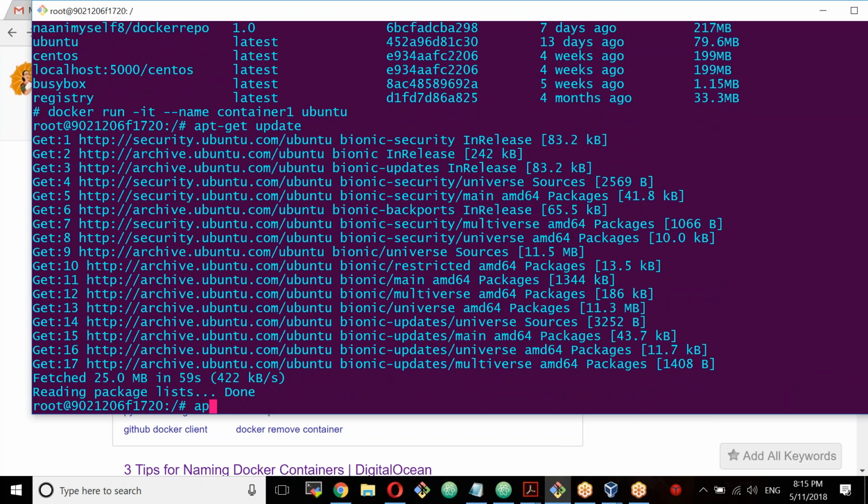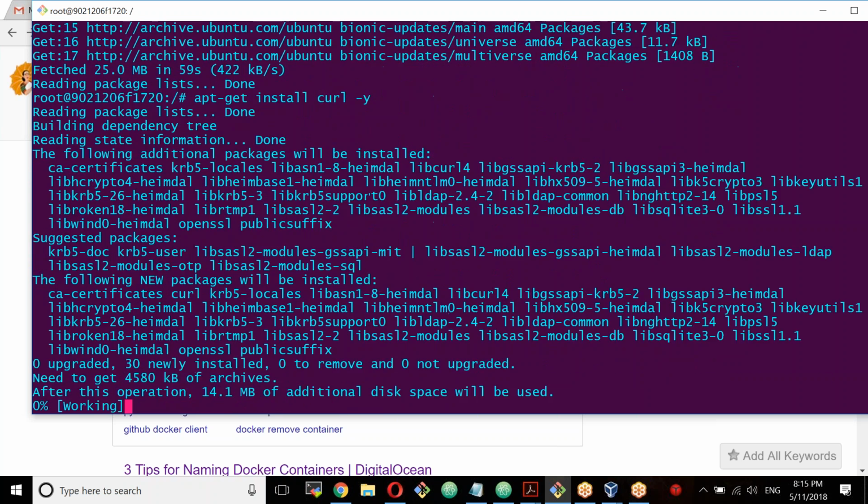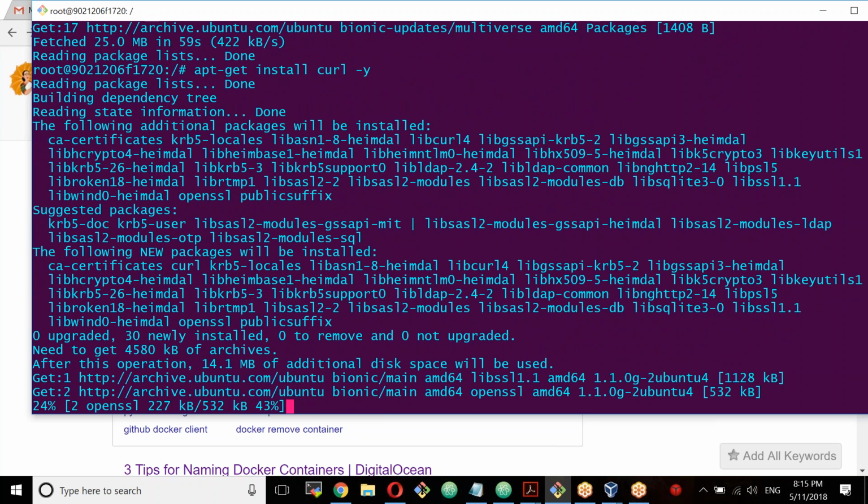Okay, now I'm going to install something called apt-get install. A couple of packages I'm installing. Curl is a package that I'm installing. I will also install